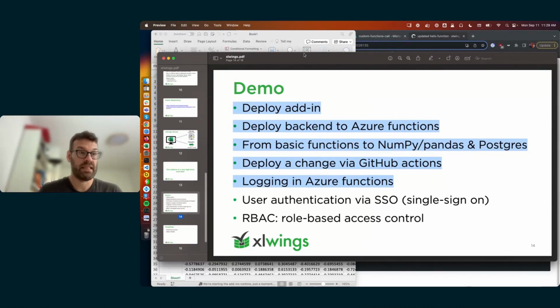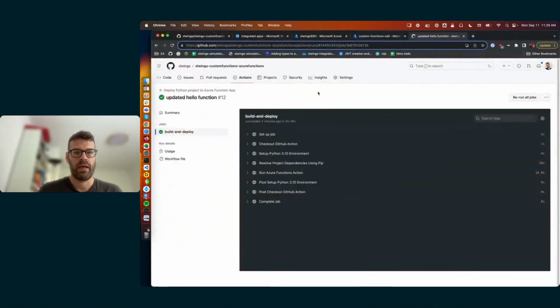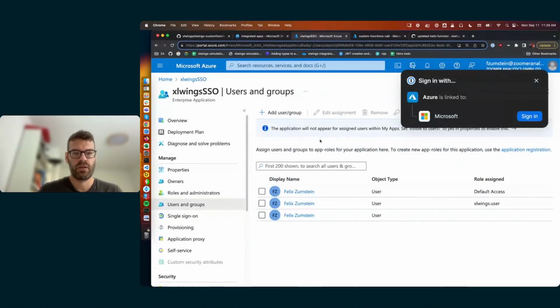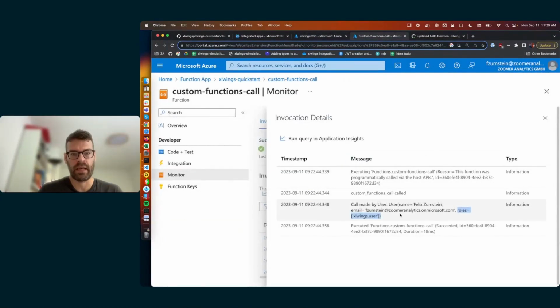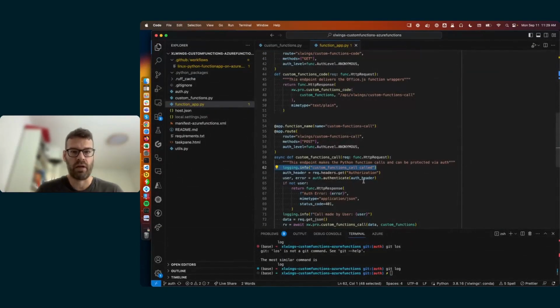As you've already seen in the logs before, we do have access to the user's ID. Now, the way that this works, if we have a quick look at the code,